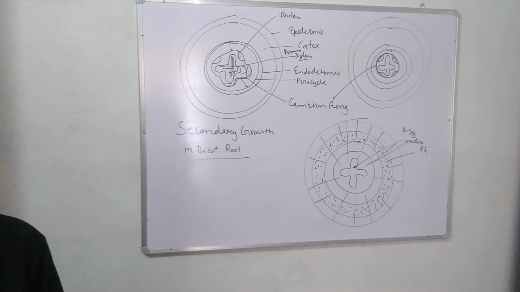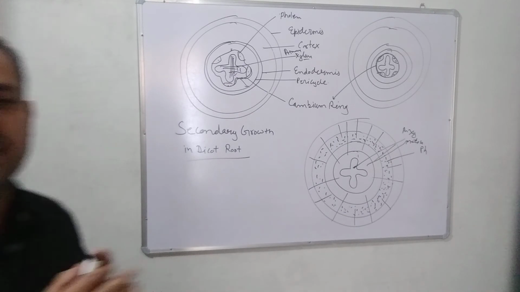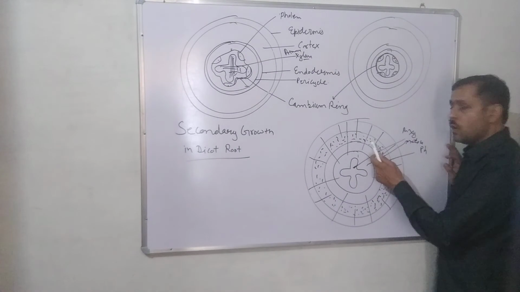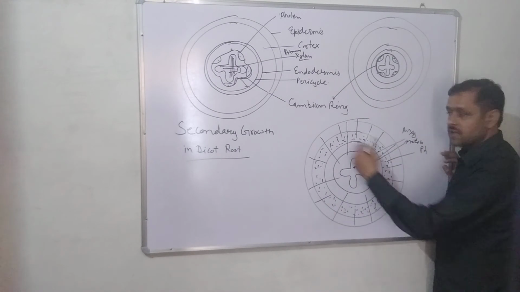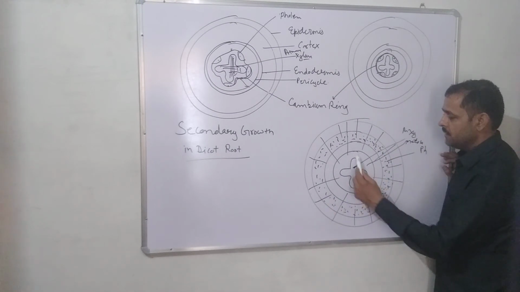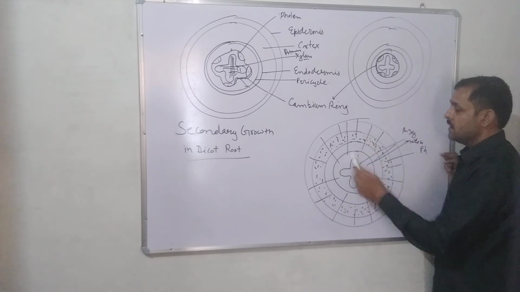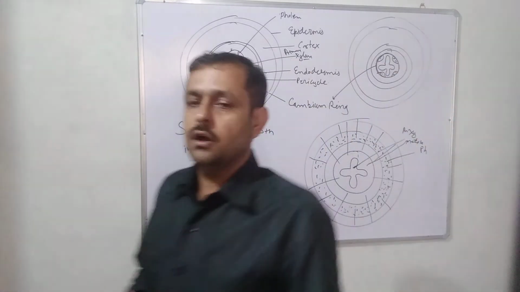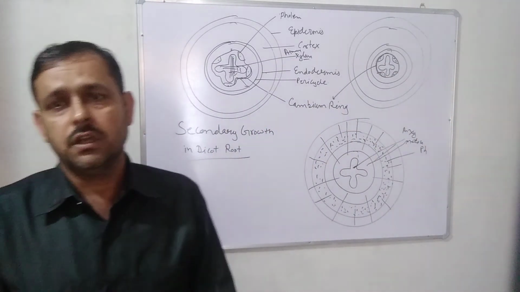The primary xylem forms the center and may retain the old cross shape. As water can neither enter nor leave a mature root, it only conducts water. The young root helps in uptake of water from the soil. So at last, the whole ring of phloem is also formed, and this is primary xylem or protoxylem, and this is metaxylem, and these are the medullary rays in this structure. So this is the secondary growth in root.